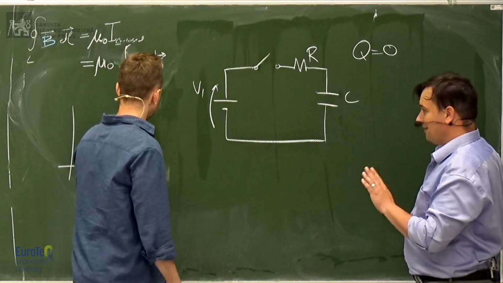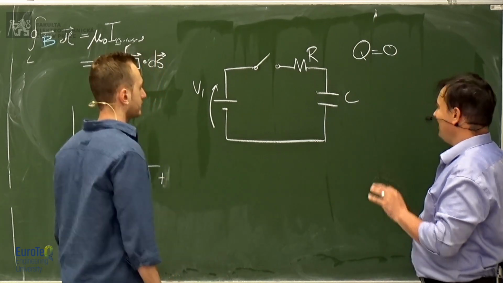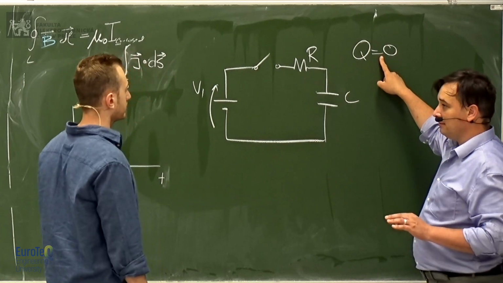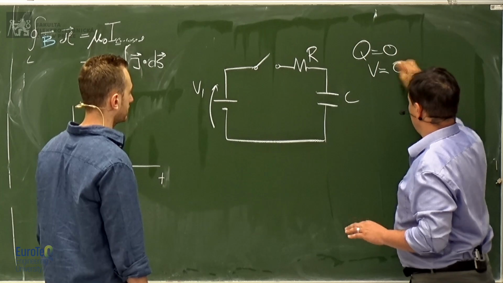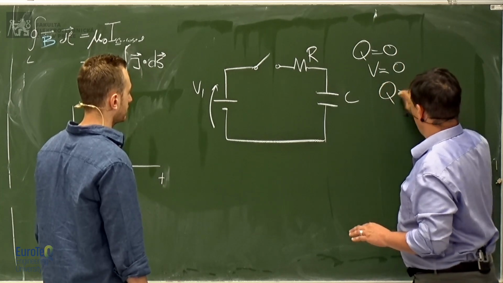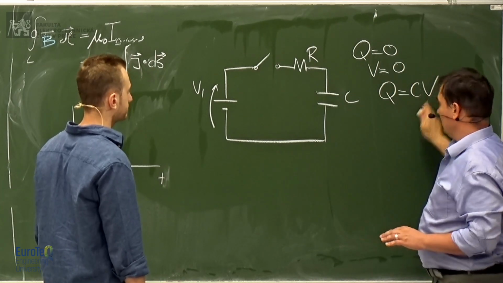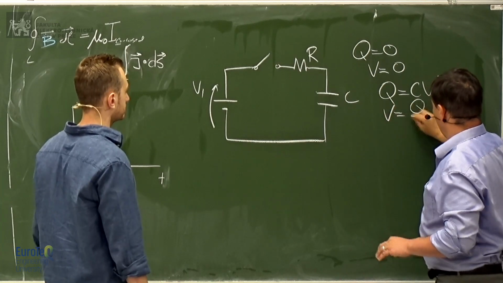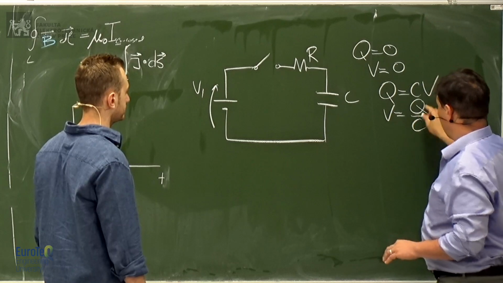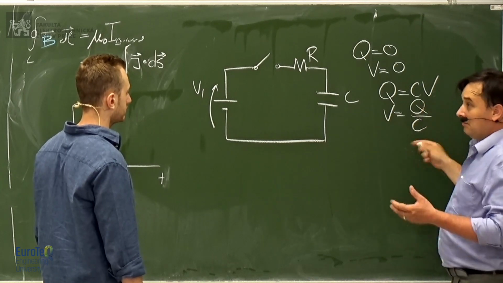Wait. Don't run. So if the charge is 0, the voltage is 0. Okay. Because we know that Q equals CV, so the voltage is equal to Q divided by capacity. So if there is no capacity,